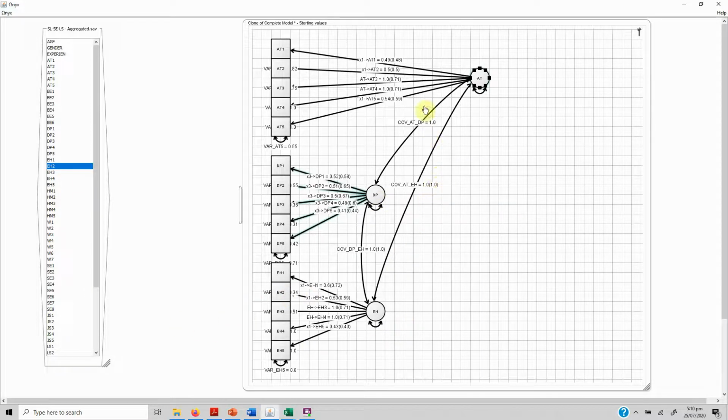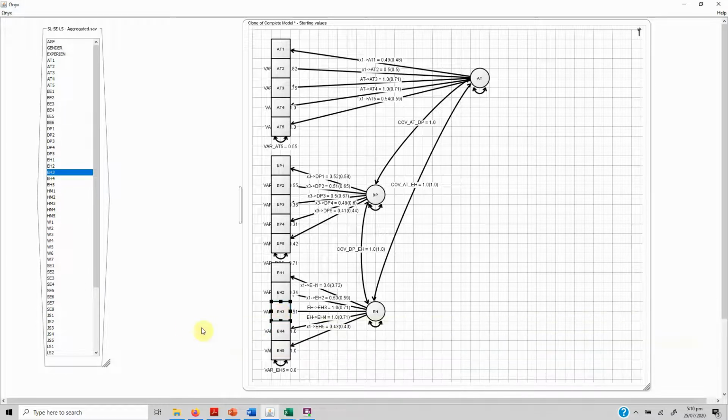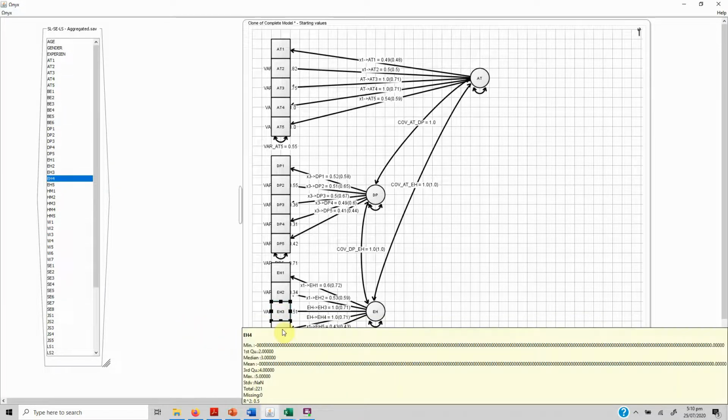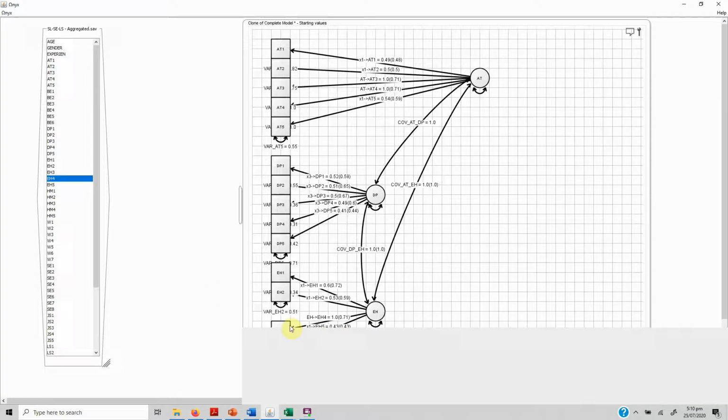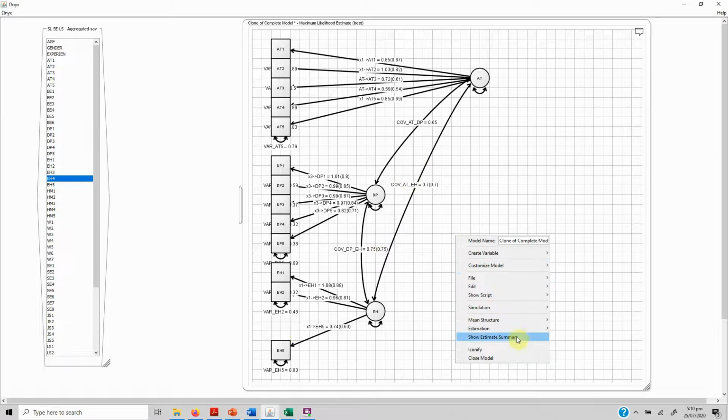Okay, now the problem. Why is it not showing this? So let's see the problem. If you look here, this is the problem. There might be some problem with the data. So what we need to do is delete these two items. Delete this and delete this. And let's see if our problem is solved. Yes, our problem is solved. Just to be sure,